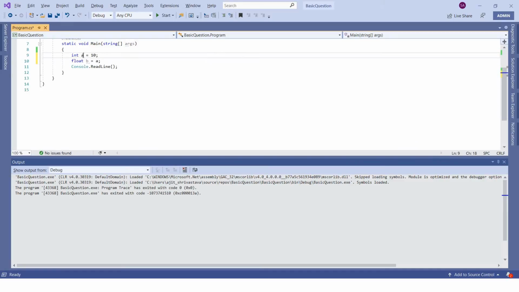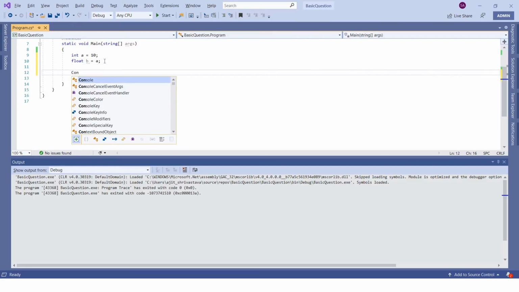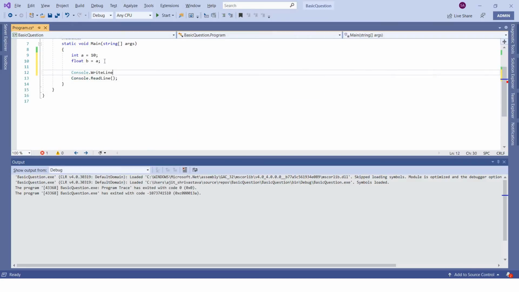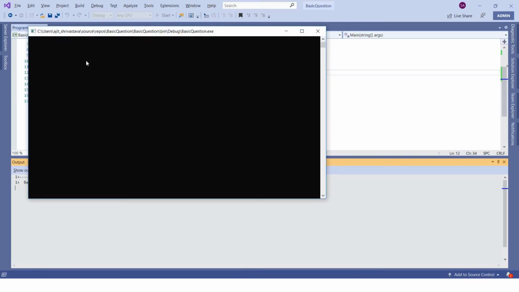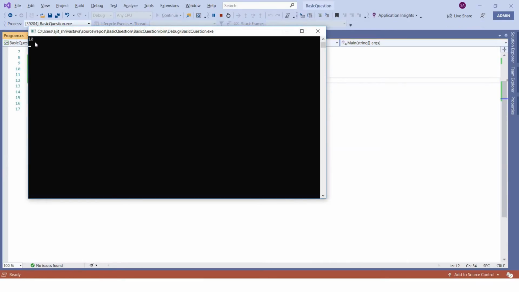So a is a variable of type int, b is a variable of type float, and within b I am trying to assign a. Let's print this and see the output. If you simply print this and press the F5 button, you can see 10 is getting printed here.